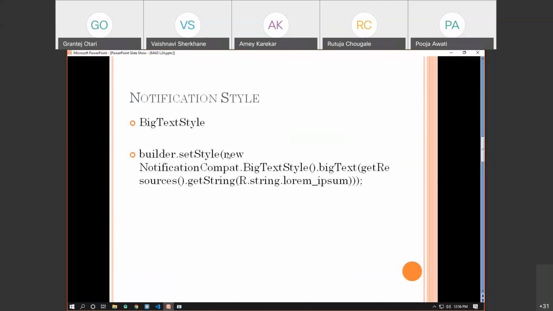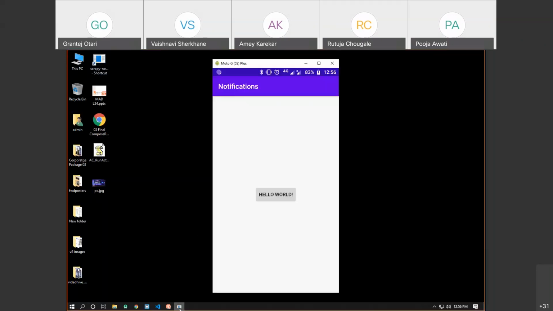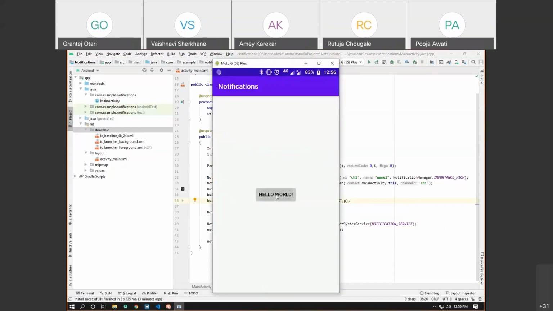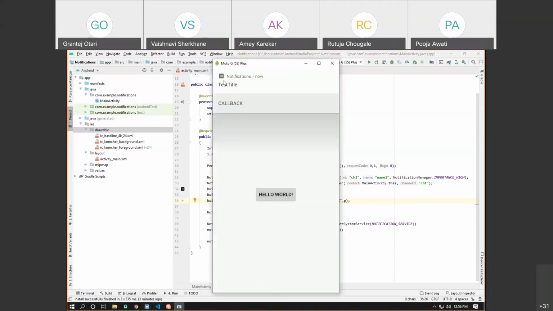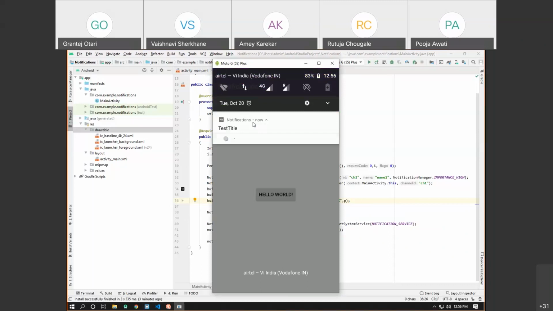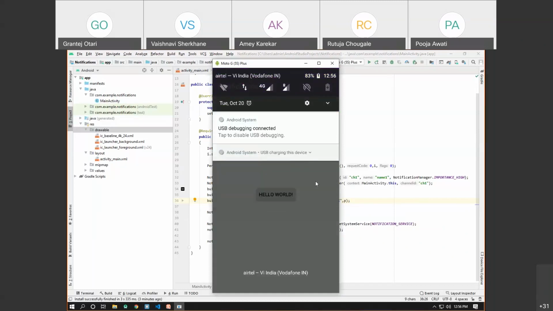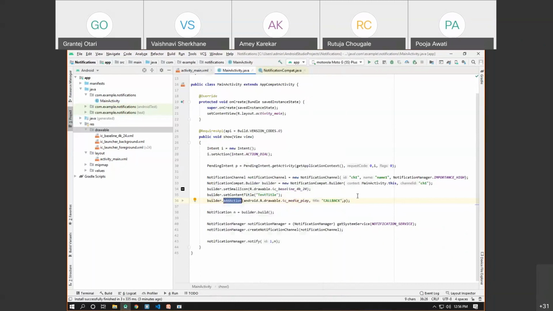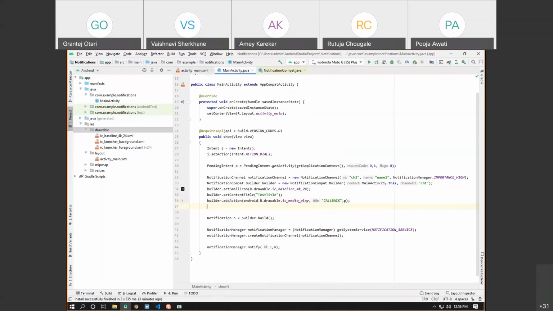So let's see how we can apply the style to the notification. Before that, let's have a look at how this notification looks. You can see this is the icon, this is the title, and this is the action. So this is how the normal notification looks. Now, in order to apply the style, I'll be using the same builder object here.